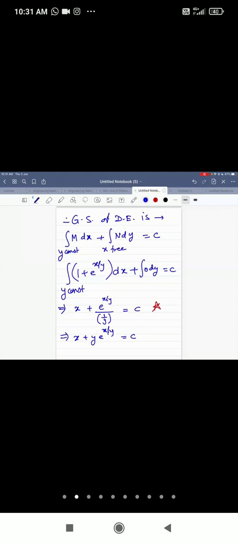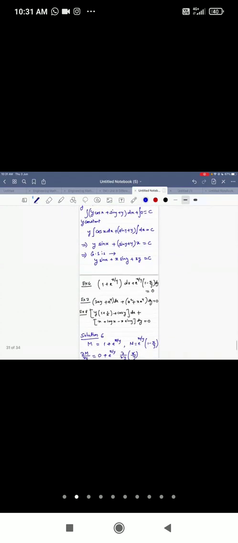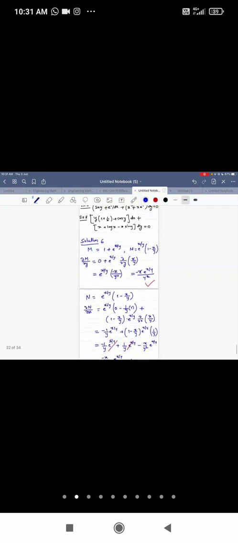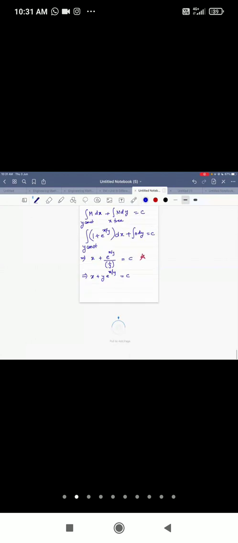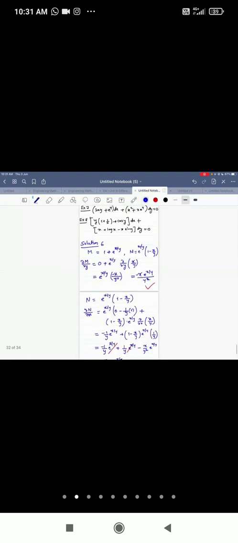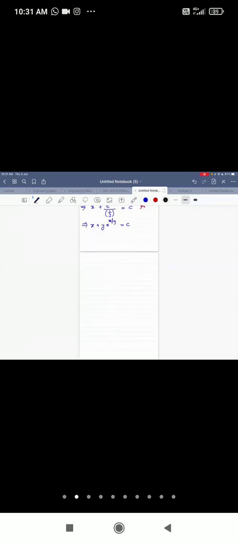Right. So I'll share the answer for the second and third question. Directly answer. You just verify whether your answer is correct or not. Okay. So 7 and 8 answer I'll share. If you are getting a different answer, you just unmute and tell me what answer you are getting.